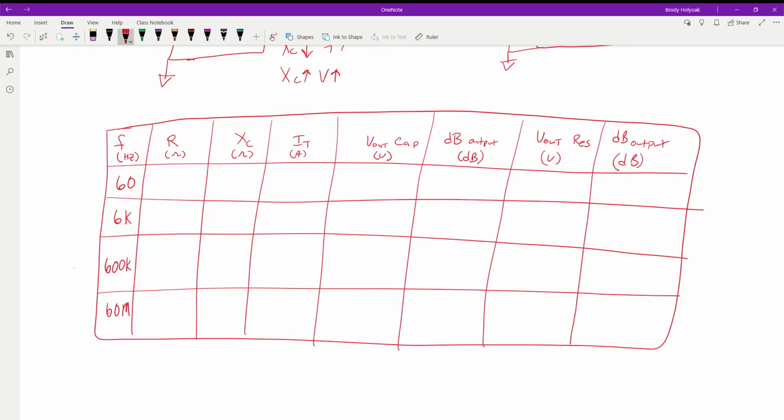The other way you can go through is you can just go through each line at a time. Do 60 hertz, what's going on, 6,000 hertz, what's going on, 60K. And we can do that too. I might have to change my notes up, so it'll take me just a hair longer to get the information. But we can go ahead and go through that. So maybe that's what I'll do. I think that'll be easier. We'll just go through this one frequency range at a time, so that way we're not screwing anything up and we know what we're doing. And then we can see these trends evolve.